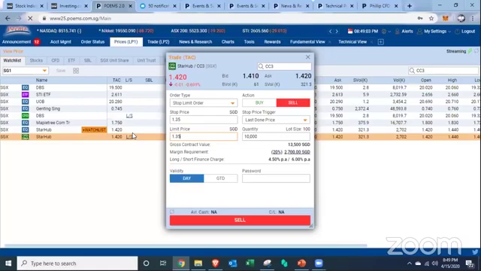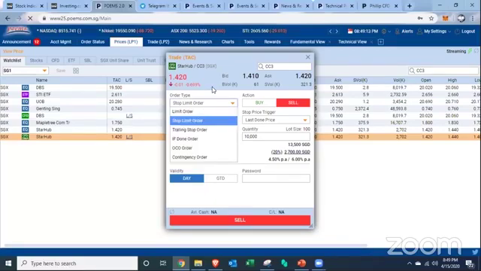So in case it comes to 1.35, first of all, this will be triggered. Then the actual order will go in to help me to cut loss. Then some people, when they are doing trading, already know what their take profit and stop loss level is. So what I can do is